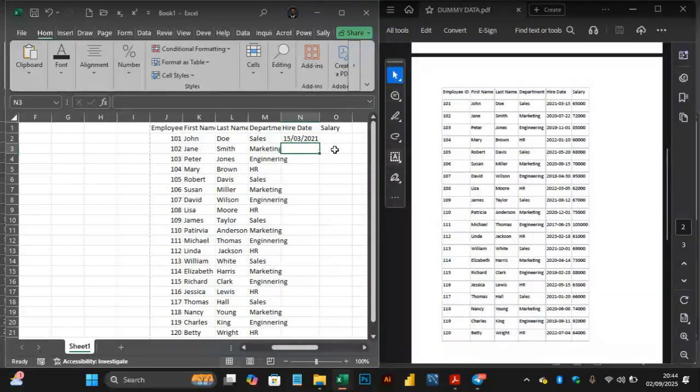So 2020 07 22. To adjust it. 2019 11 01. 2022 01 10. Then